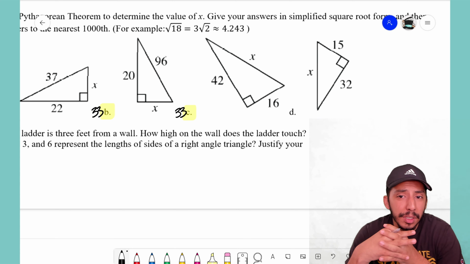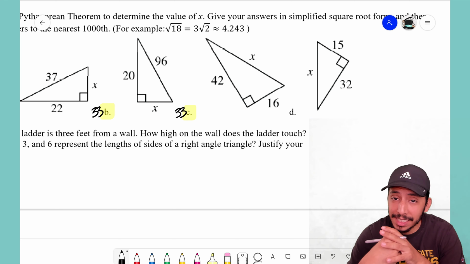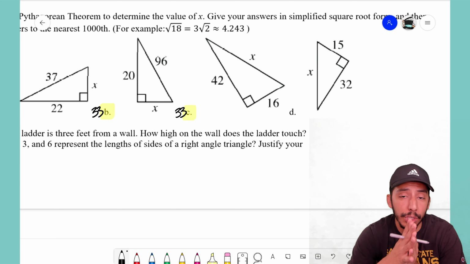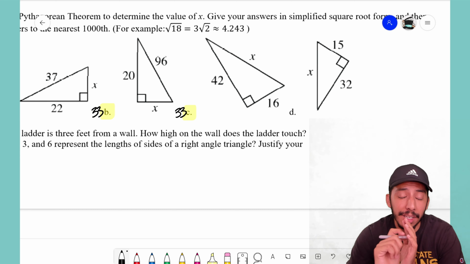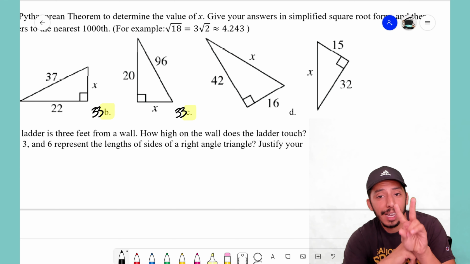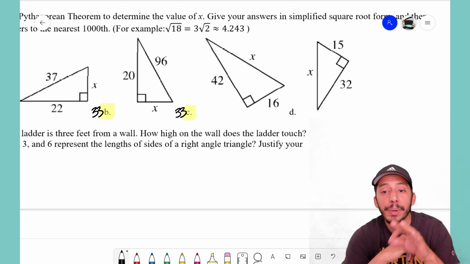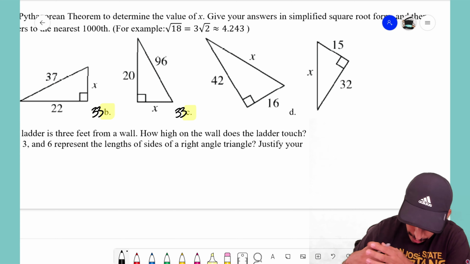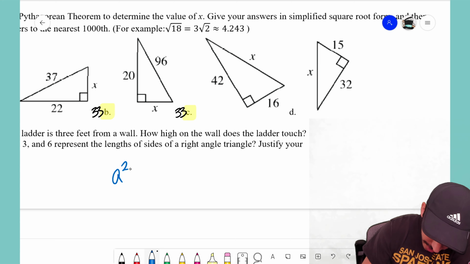Now, just a reminder, Pythagorean's theorem allows us, when we have a right triangle, it has to be a right triangle. Remember, it doesn't work if it's a non-right triangle. You've got to have a right angle in there. Pythagorean's theorem says that if you know two sides of your right triangle, you can find the third side by using that formula. And the formula for Pythagorean's theorem is a squared plus b squared